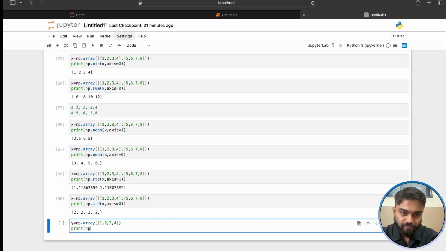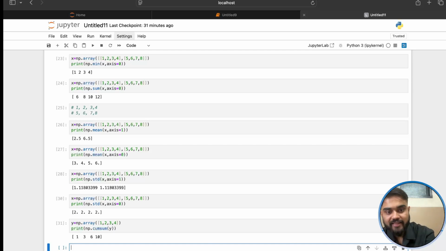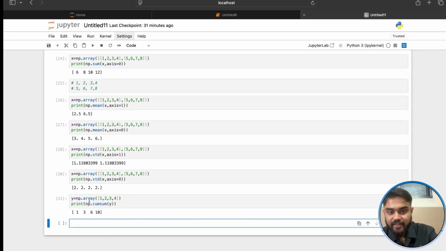And we are going to use the print np.cumsum for variable y this time. Okay, you can see here 1 3 6 10 is the output। देखो 1 3 6 10 आउटपुट कैसे आया वो बताना चाहूँगा, आई एम गोइंग टू डिस्कस दैट ऑल्सो।